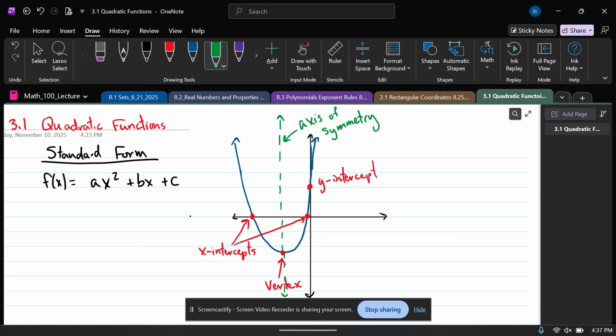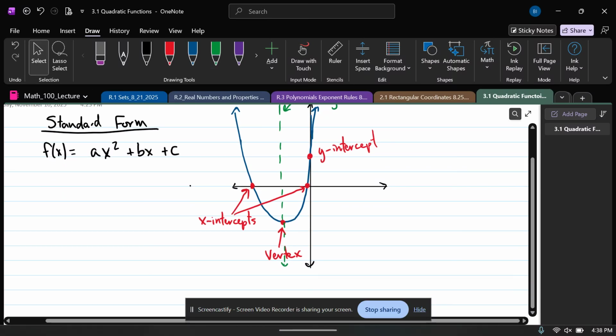Okay, so the key features that we're talking about with a quadratic are the axis of symmetry, the vertex, whether that vertex is a maximum or a minimum. We'll talk about what makes that happen. And then the intercepts, the y-intercept and the x-intercepts. Those are our key features. So it's like 5 things out of there. So if you're in standard form,